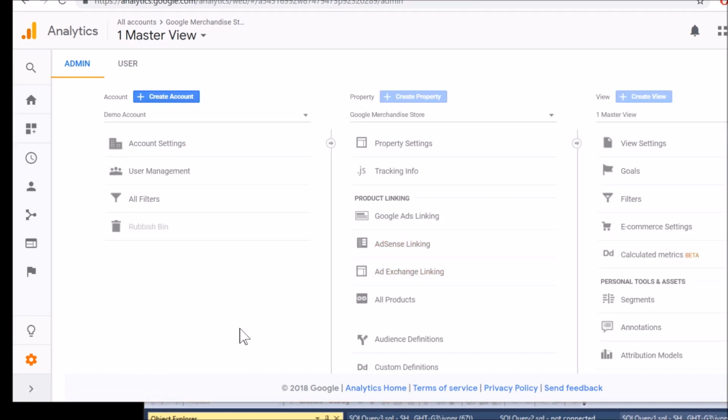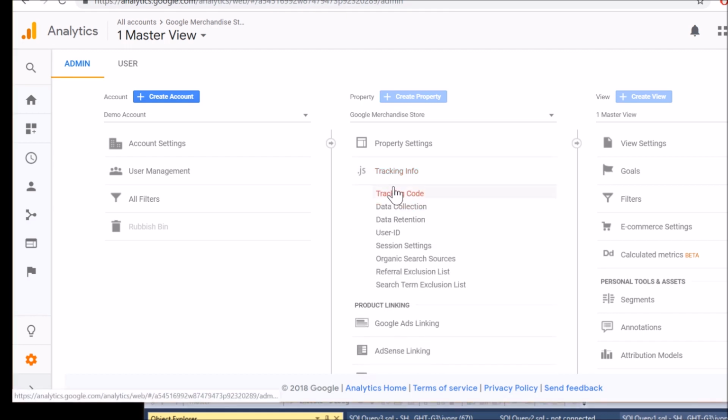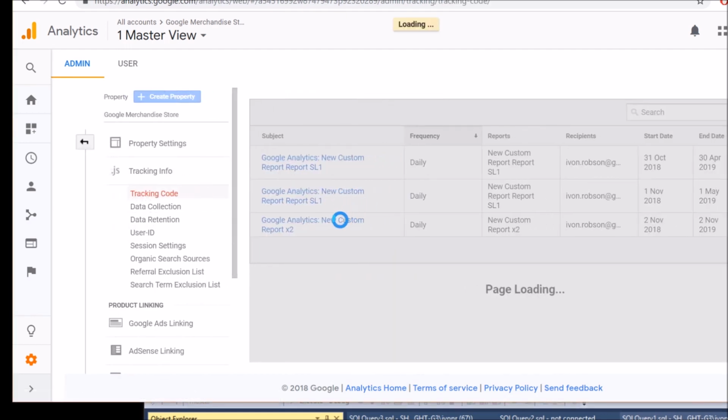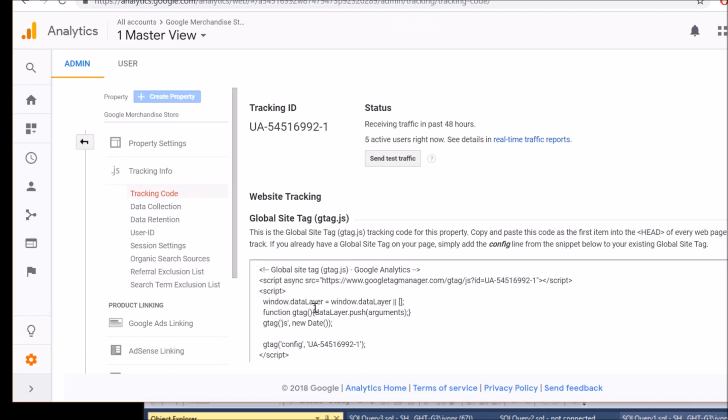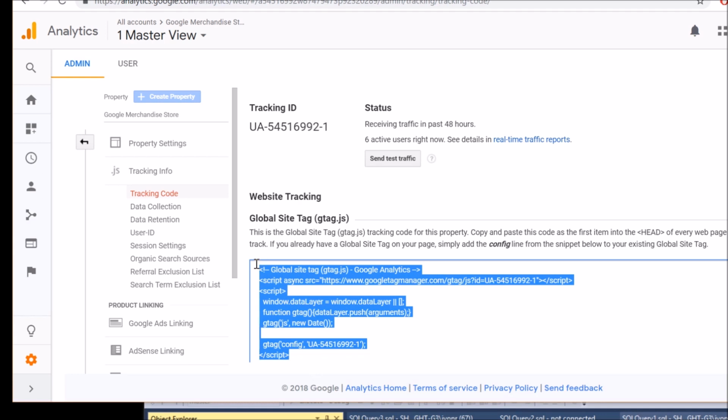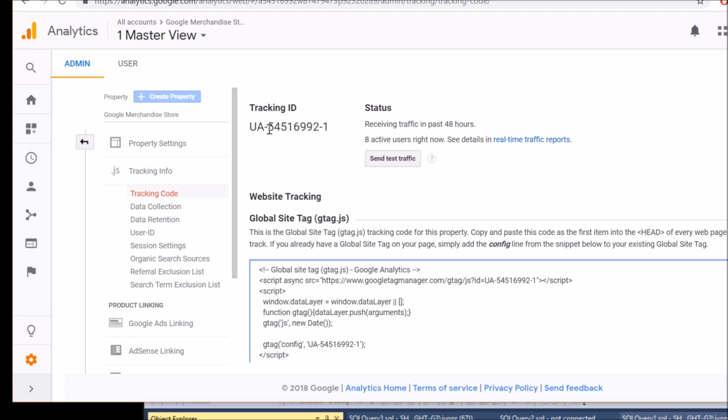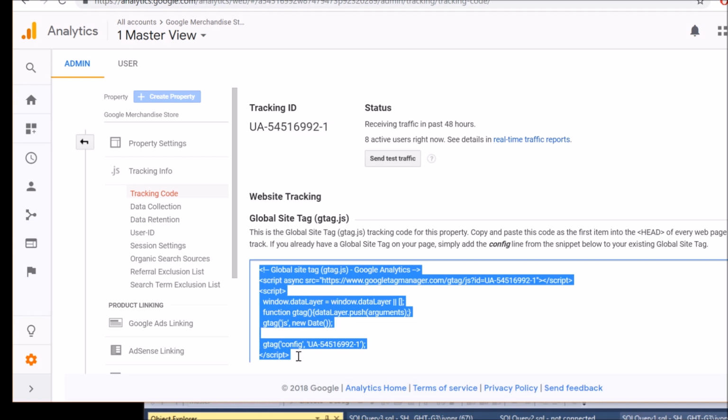Just as a side note, Google Analytics allows you to put tracking information into web pages. So here we have tracking information, and here we have our tracking code. And the idea is that if you place this segment of code on your web page, Google will be able to collect data on who's accessing the site. This is a demo tracking ID here,